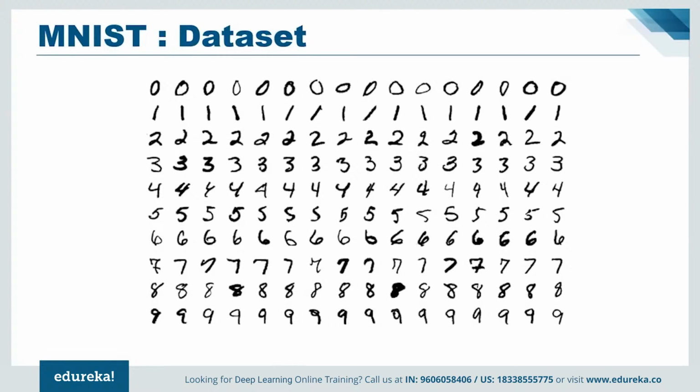Now, the MNIST dataset is a very popular dataset which consists of around 60,000 training samples and 10,000 testing samples of handwritten digits. The task here is to train a model which can accurately identify the digits present in the image. Now, to solve this use case, a deep network will be created with multiple hidden layers to process all the 60,000 images, pixel by pixel. And finally, we will receive an output. The output layer will be an array with index 0 to 9, where each index corresponds to the respective digit. Index 0 contains the probability of 0 being the digit present in the output image.